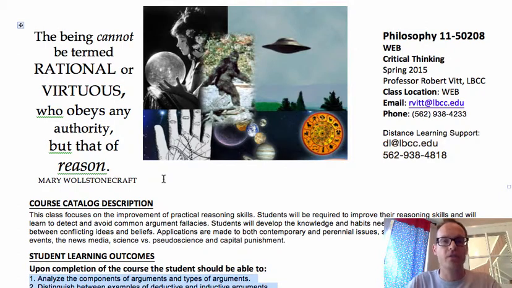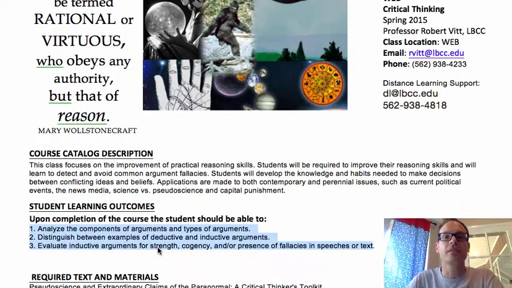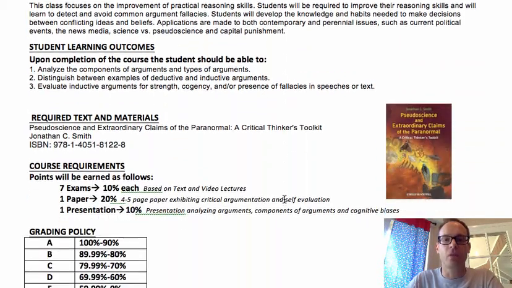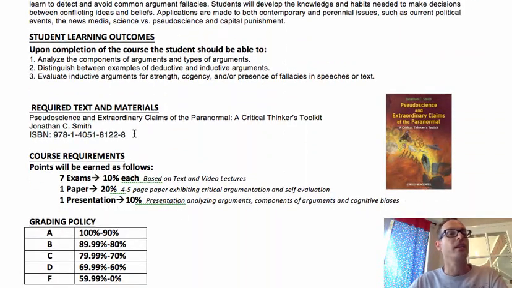This is a critical thinking course, and it'll satisfy those requirements for the state of California. But rather than investigate things of a political nature, what we do in this class is we investigate so-called paranormal claims, or claims of anomalies in our world or universe. So we'll talk about things like UFOs and astrology, palm readings, psychics, Bigfoots, conspiracy theories, that sort of thing. You're still learning to do these three things. It's just that you're doing it in a little bit different way. Students tend to like this course quite a bit, and I hope you do too.